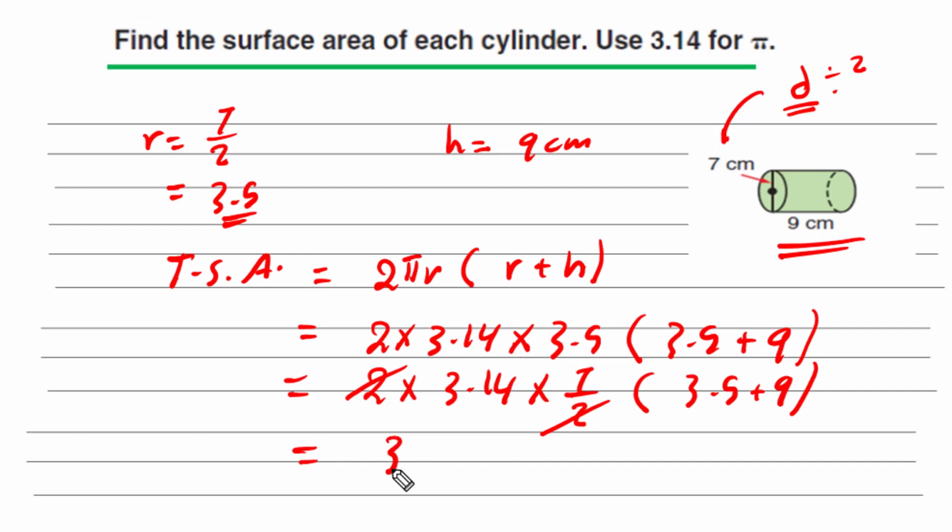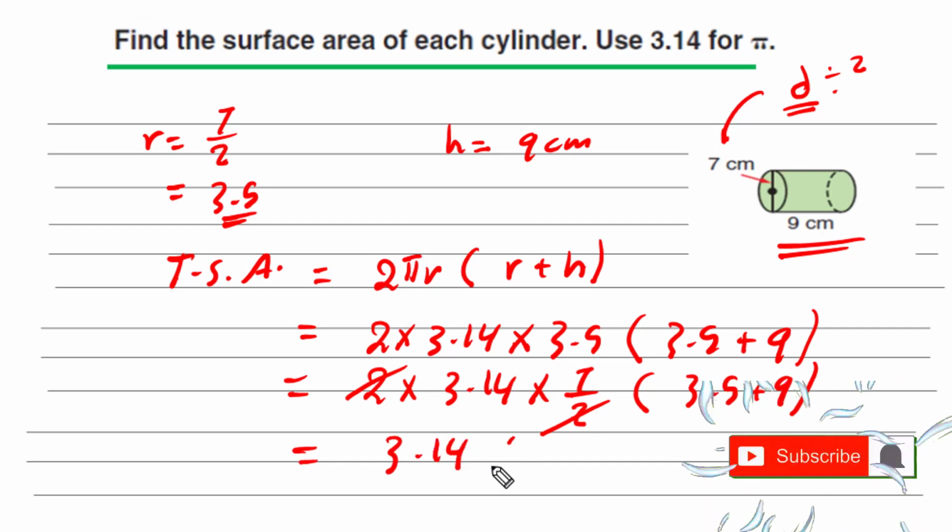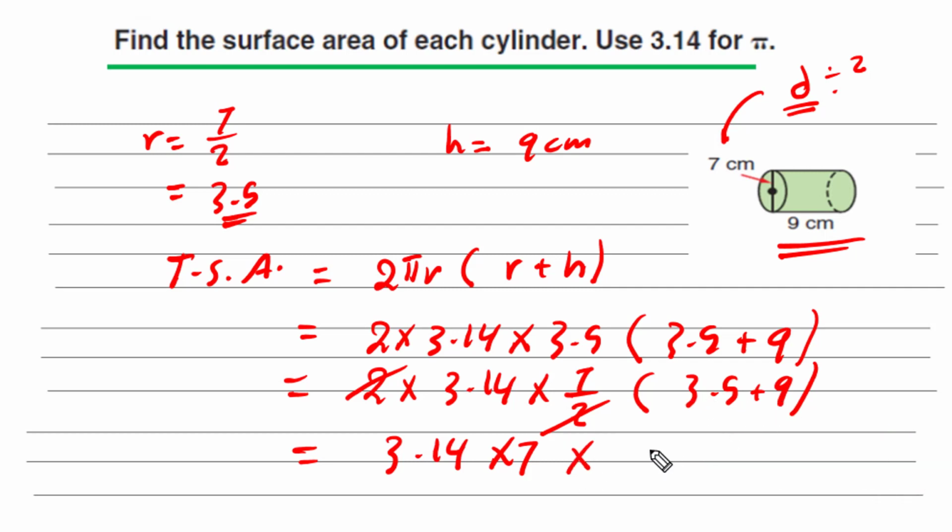We get 3.14 times 7, don't forget, times 3.5 plus 9 equals what? Equals 12.5. Now just multiply the three numbers, 3.14 times 7 times 12.5, we get the total surface area of this cylinder, it will be